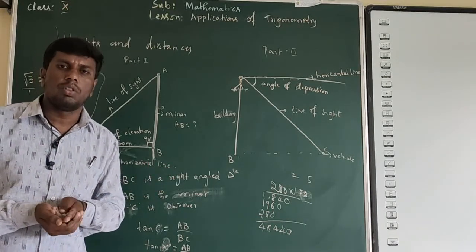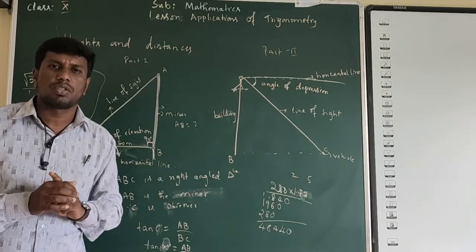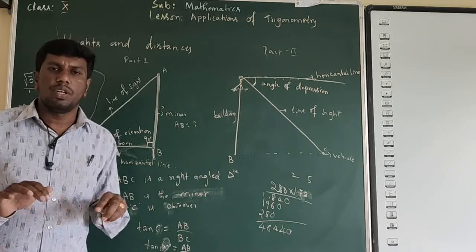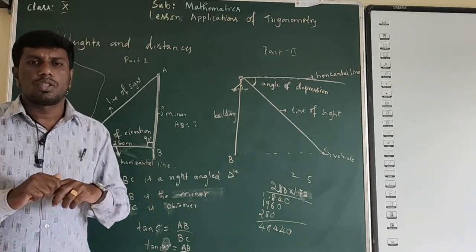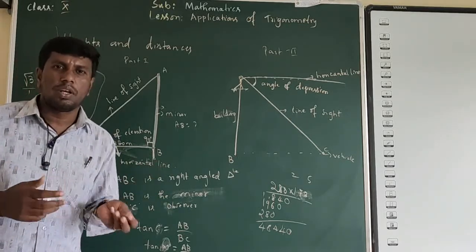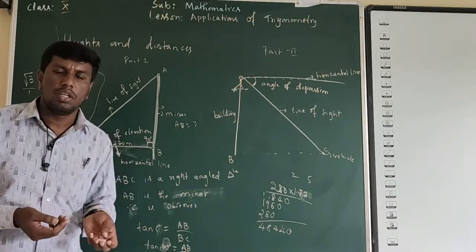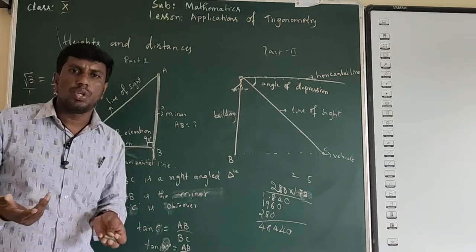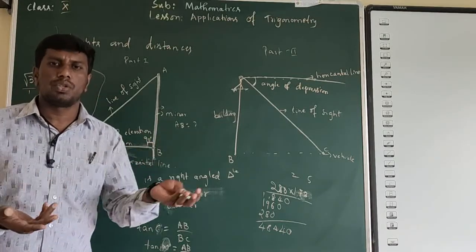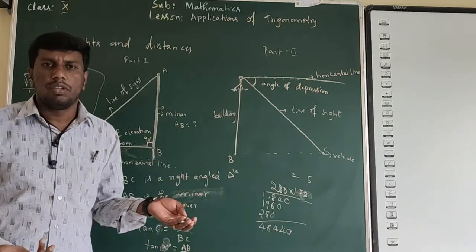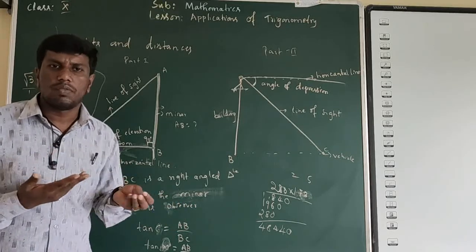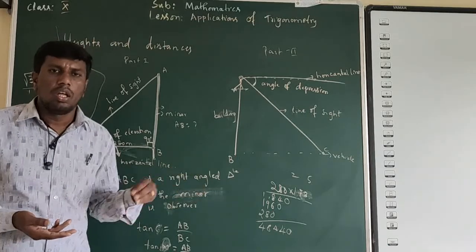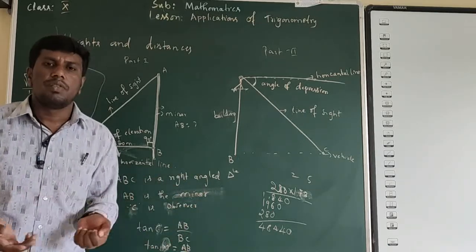Okay, so there will be one 3 marks question from this lesson. It is compulsory, and it is very easy. They are not going to ask a very difficult question. They are going to ask a simple question only, based on either sine, cos, or tan. You need to form a diagram by reading the question, and if you draw the diagram, then 50% of the problem is done. The remaining thing is only to use the ratios. Okay. So we'll take a problem and